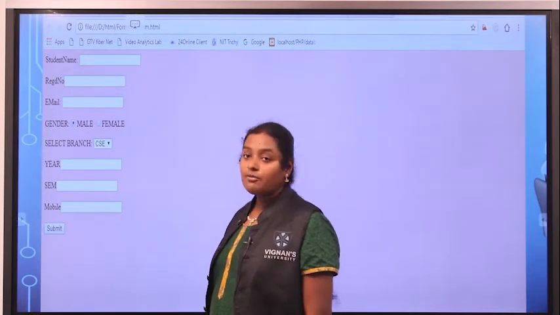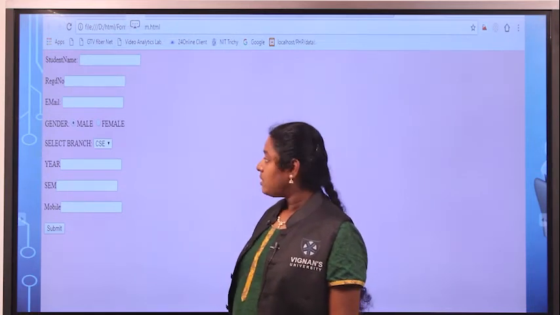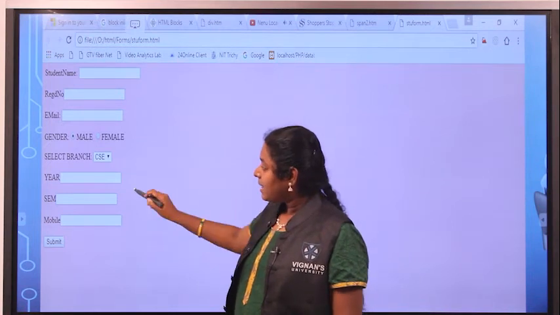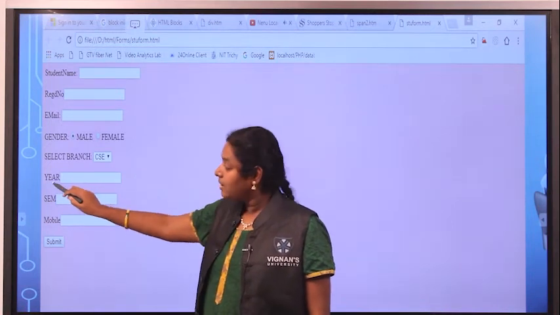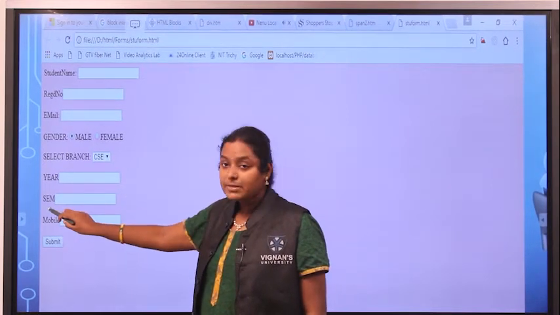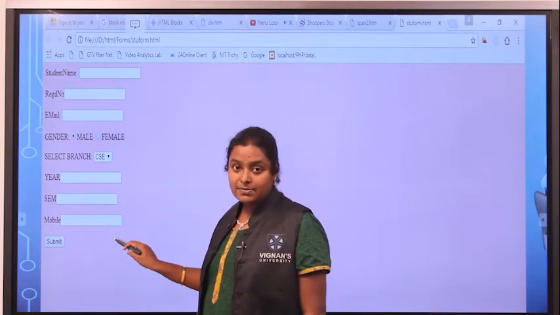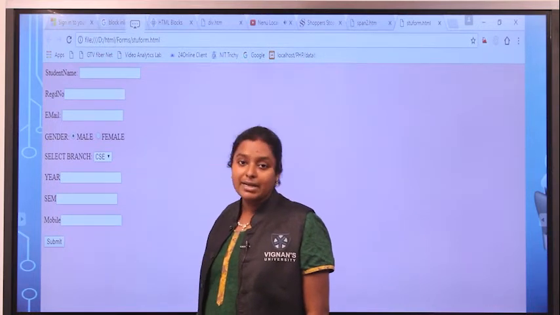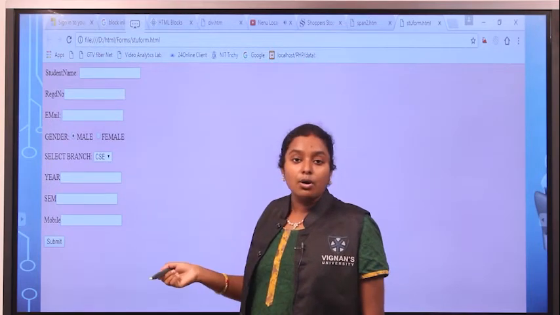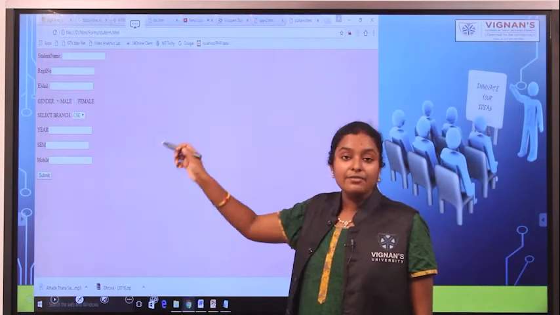Next, if you take one more field, that is a drop down list, nothing but a select box. If you click here, it will display multiple options. Next, again I am writing a label and text field. Next same, label followed by the text field. Again label, text field. At last I am creating a button. So based on this output, you have to write the code using all the controls. For this output I have given the code.